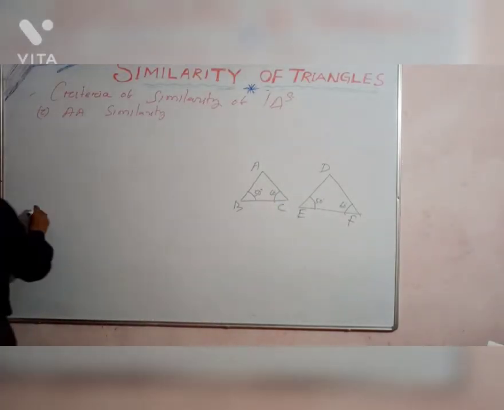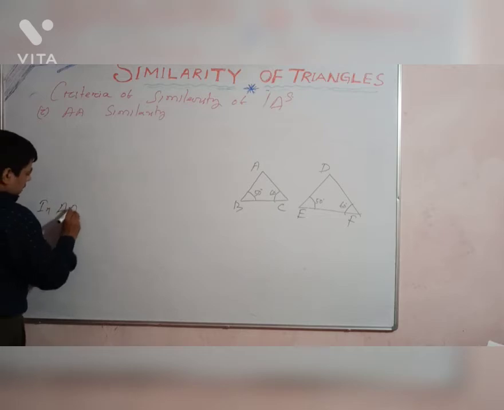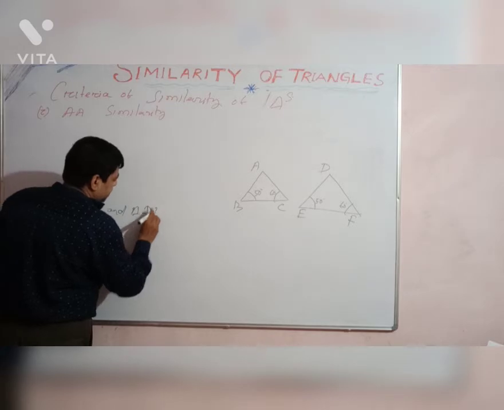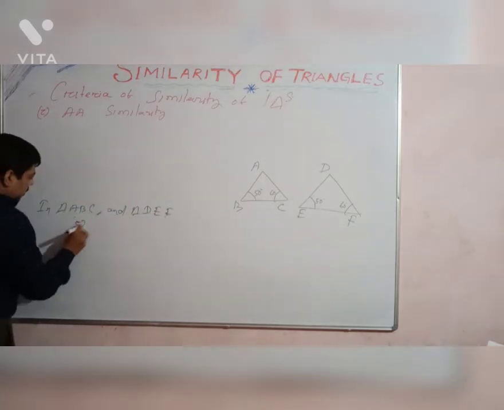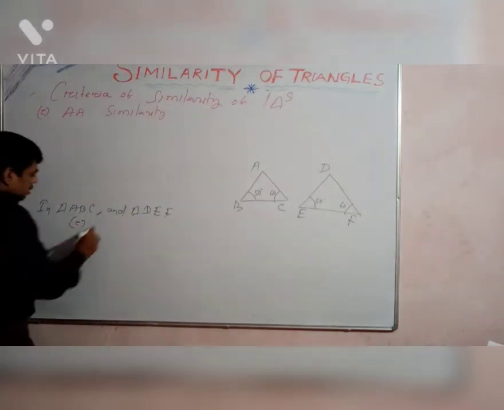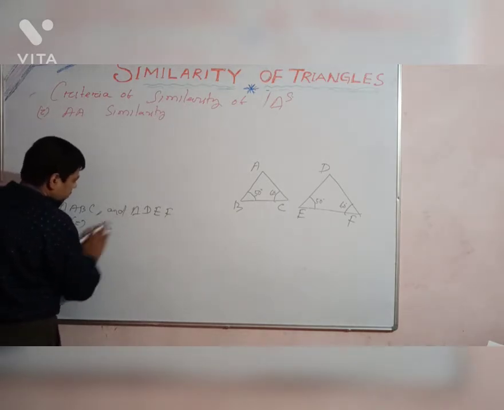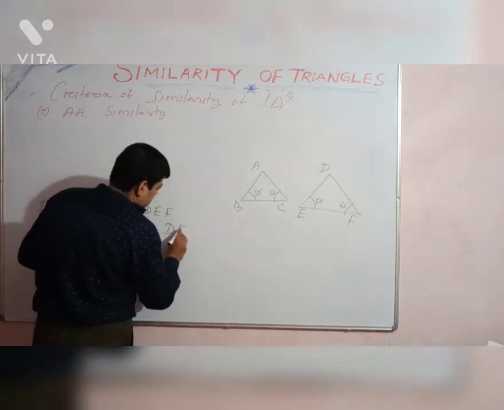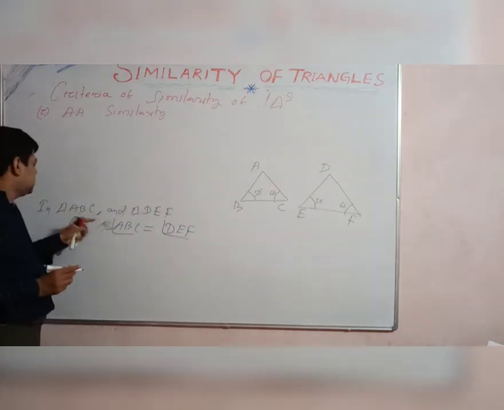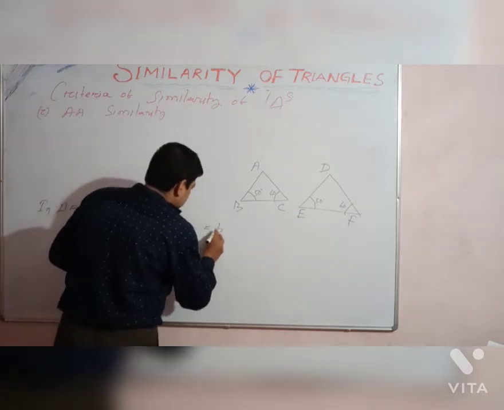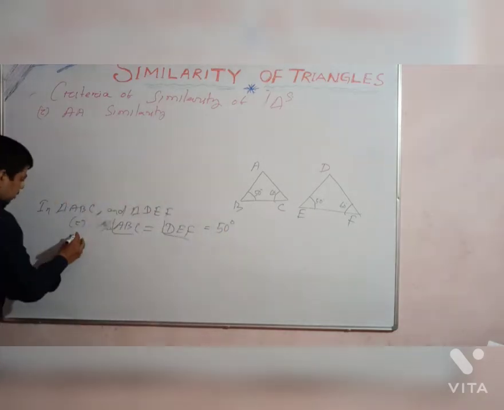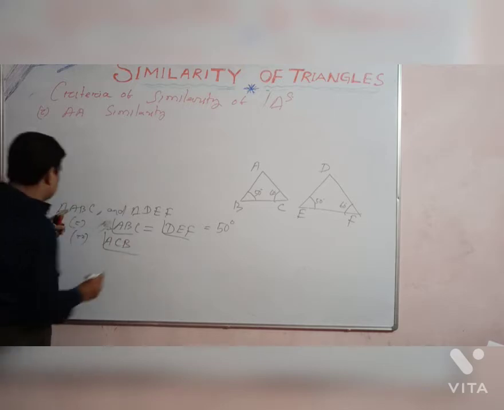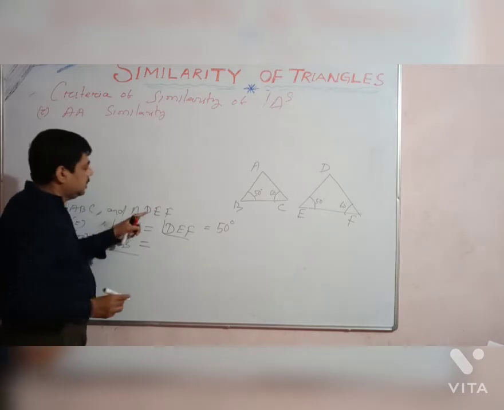Okay, understand? Let us write in triangle ABC and triangle DEF. This is the important theorem we have to discuss next time. So here you see first angle B. Angle ABC means angle B, equal to the corresponding part, angle DEF. Angle ABC is equal to angle DEF, which is 50 degrees. It is given, according to the figure. And another condition is that angle ACB is equal to angle DFE.